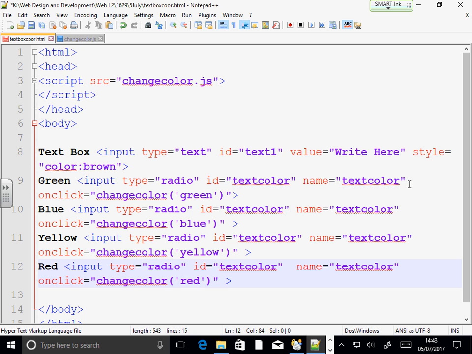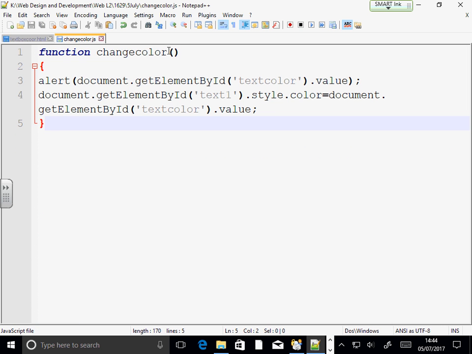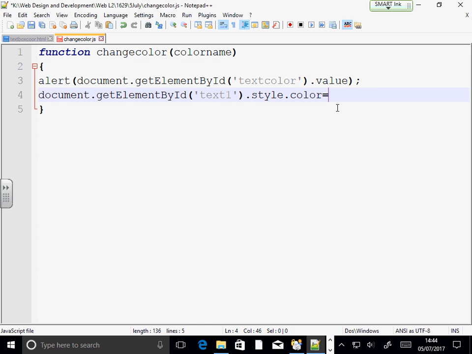right? So are you, but now, sorry. Go on. Are you going to then convert it? Yes, I'm going to convert this. From here, it will go as a text. But when you send it here, in my change color, I'm not receiving it. So I need to receive it, right? And that can be called anything. Yes. I've called it color name. So here, all I have to do is, I don't need all this. I just need